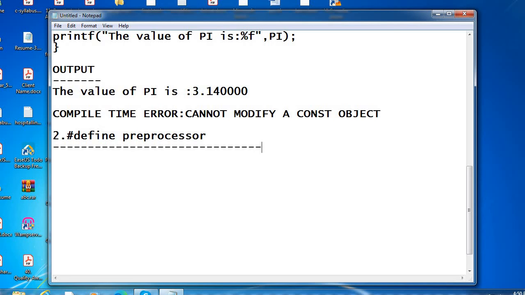The hash define preprocessor is also used to define a constant.